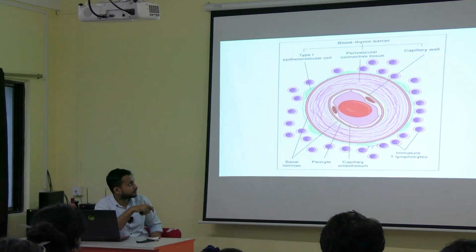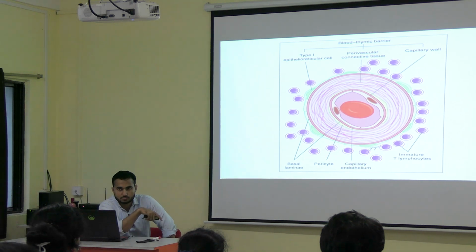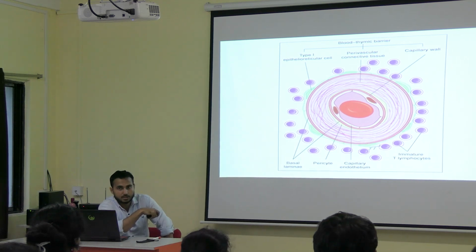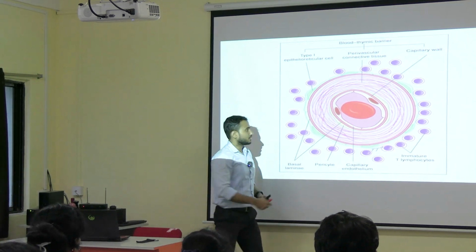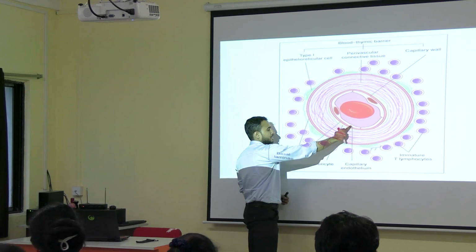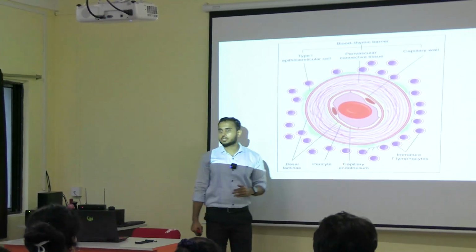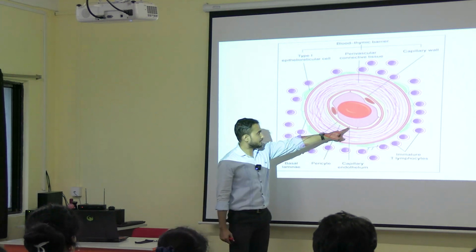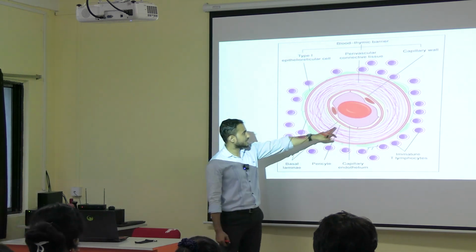Let me show you the diagram. Can you tell me which is the innermost layer? This is the diagram showing the blood thymic barrier. Here you can see this is the blood vessel, the cut section of the blood vessel, so this is the blood. The innermost layer will be the capillary endothelium. Now, if the capillary endothelium is there, it will be resting on what? The basement membrane. So this is the basement membrane, the second layer. Outer to that, you can see the pericytes are present.